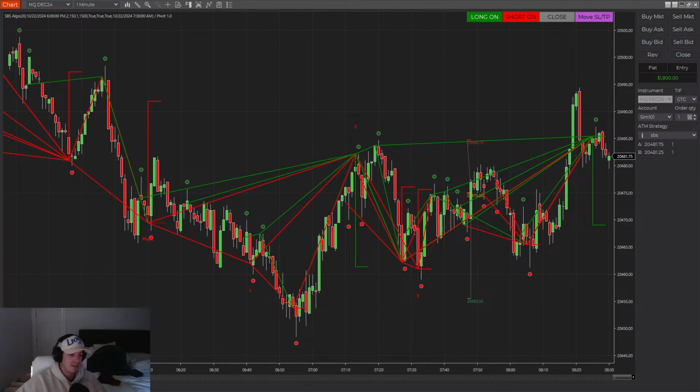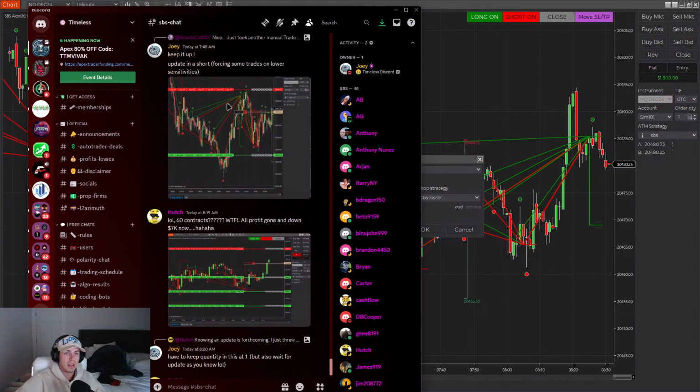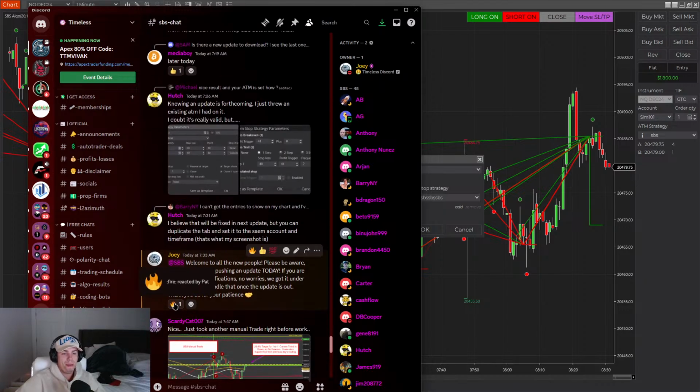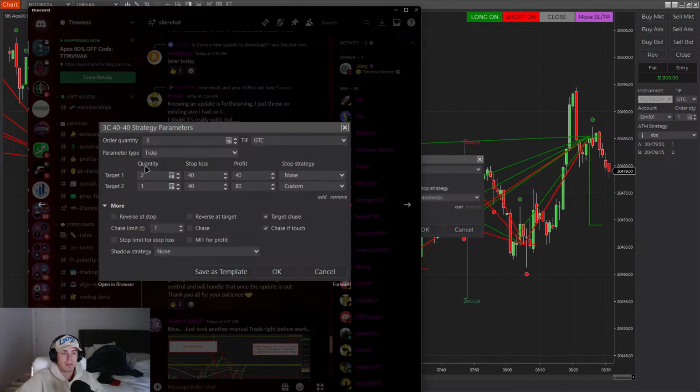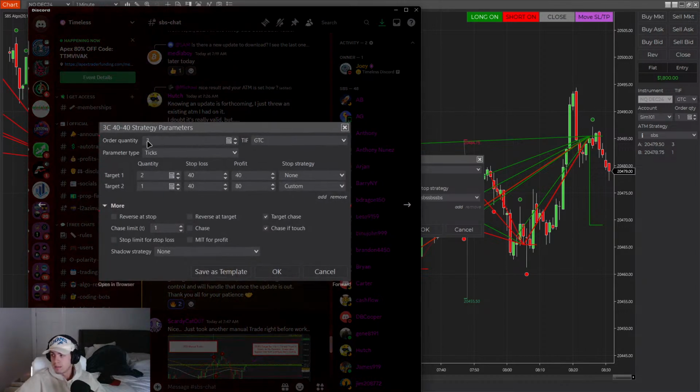Also, I don't know if Hutch is in here, but I'll explain this with the update as well. Make sure you keep your order quantity at 1, and I'll show you. So Hutch put this at 3, right? Keep everything here on this first page at 1 on the ATM, okay? Keep the order quantity at 1, keep just 1 target. If you put this at 3, I know Hutch, if you put this at 3,